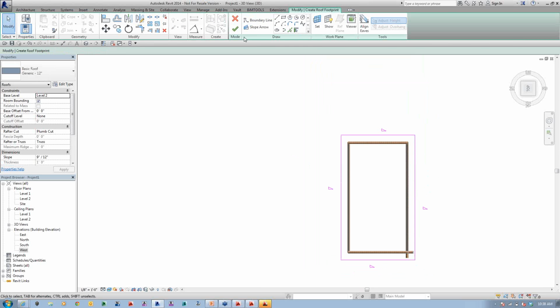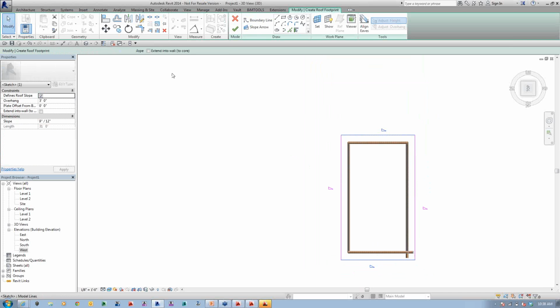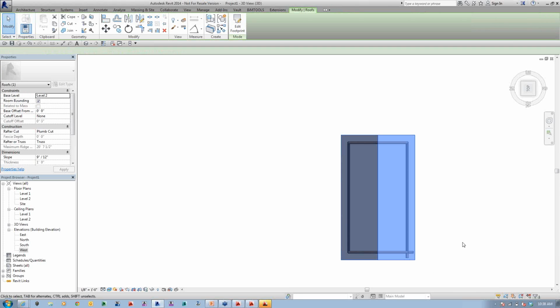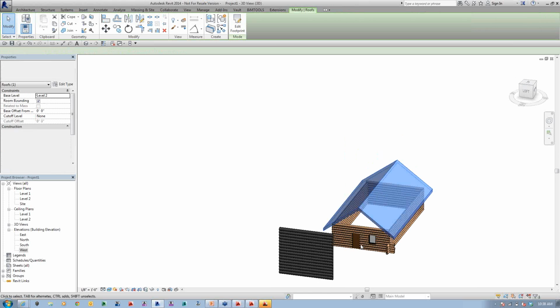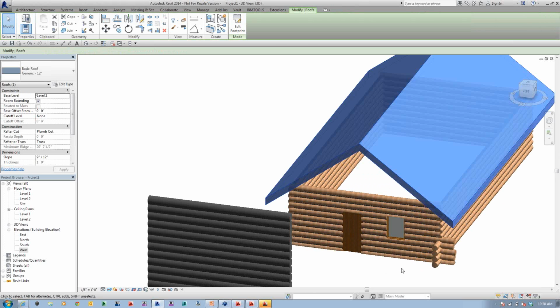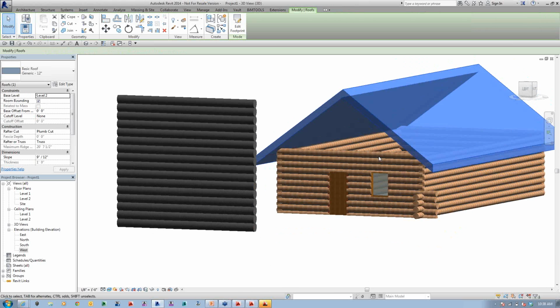We'll do a shallow pitch. We'll do 9 and 12 for log. That's pretty shallow. And undefine the slope, so that when I hit OK, I get my log cabin. Now, the next part we get into, okay, that's great, but I actually want to attach to the wall, so